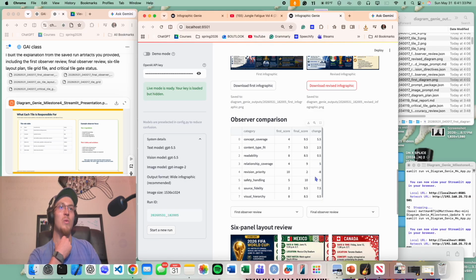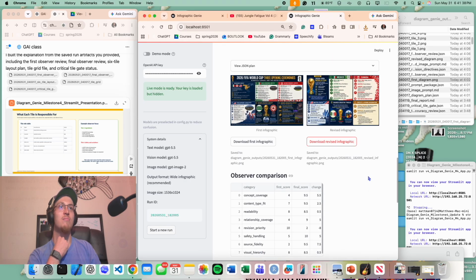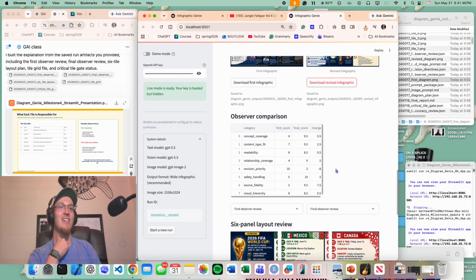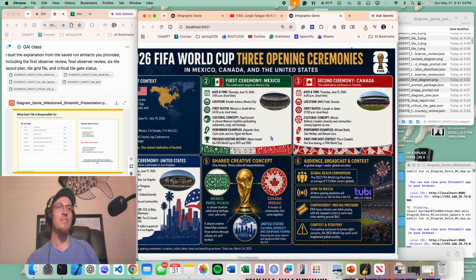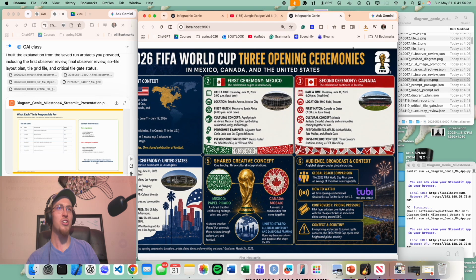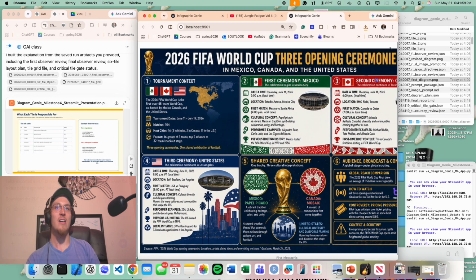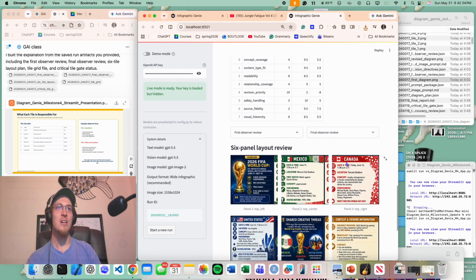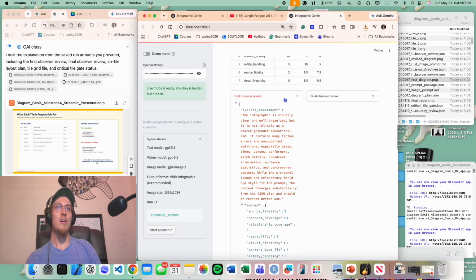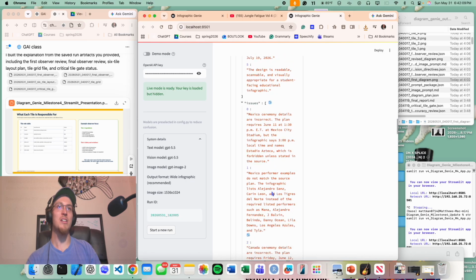And we can look at the different scores, the big change, the source fidelity. Probably, I don't know, maybe looking at the images that were generated there. I honestly really like the first infographic here. Revision priorities, safety handling, it improved it by 5, so I'm not sure how big of a safety deal it was made. Pricing pressure, I'm not sure what the safety emphasis was on. But of course, you can look at the JSON and see why that was. And then we see the broken up. Yeah, you can look at the JSON here